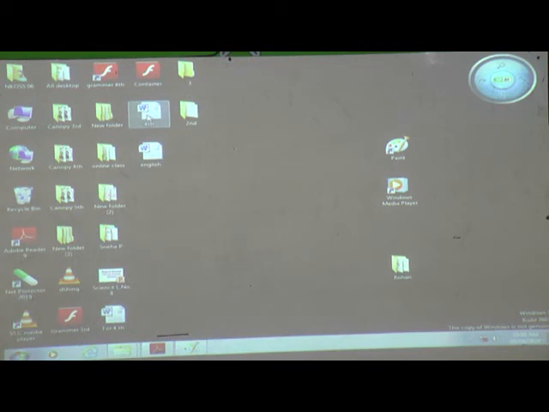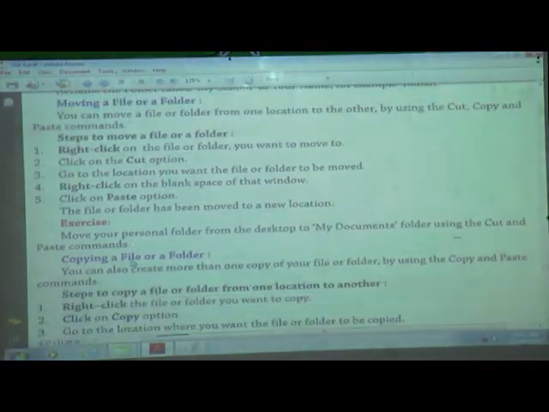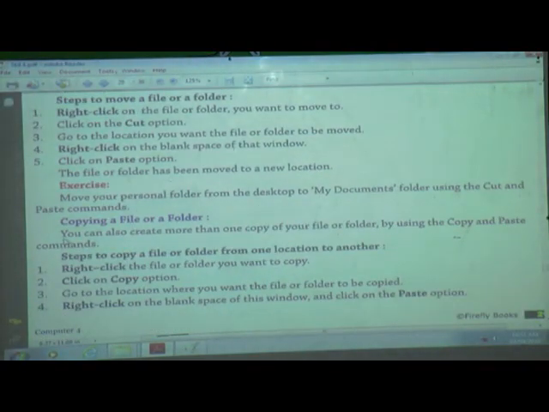And what is meant by move? Move means this file is not outside, this file is in our folder only. Understand the difference between cut and paste and copy and paste. What is meant by copy?